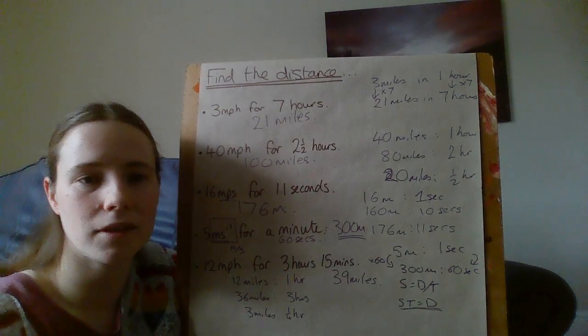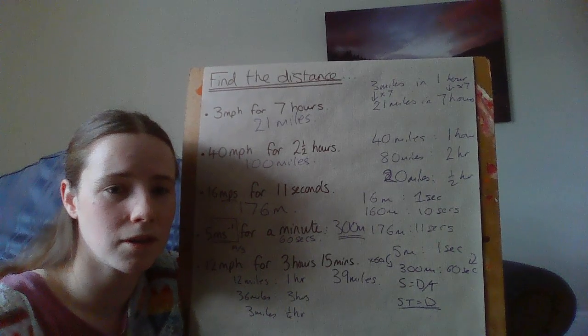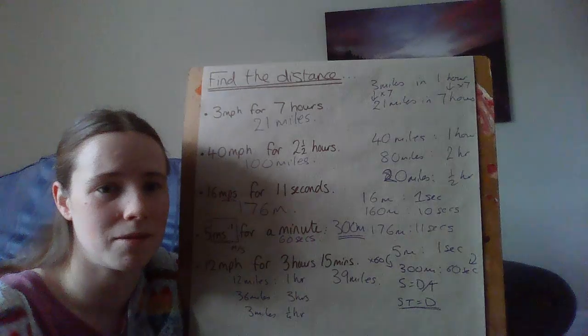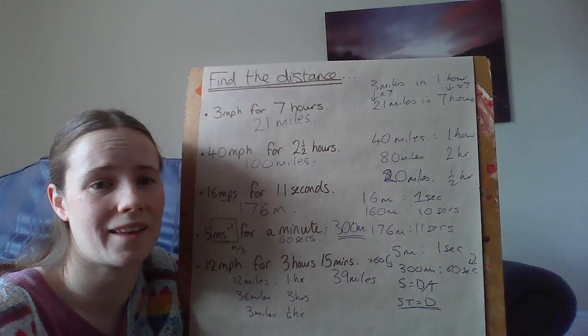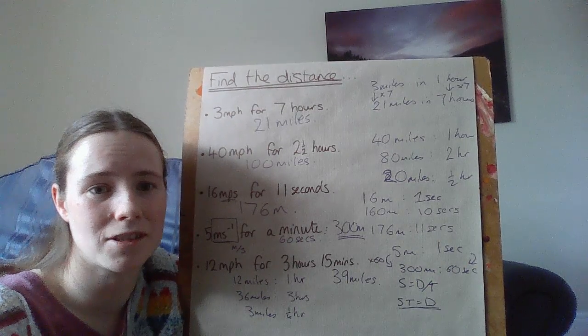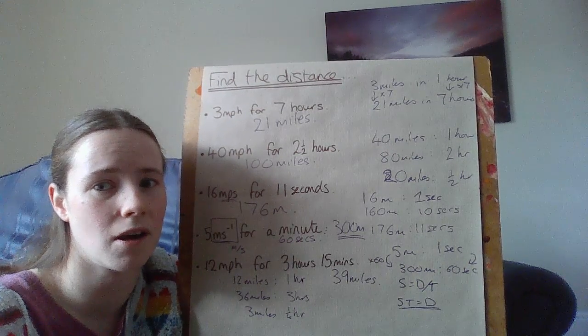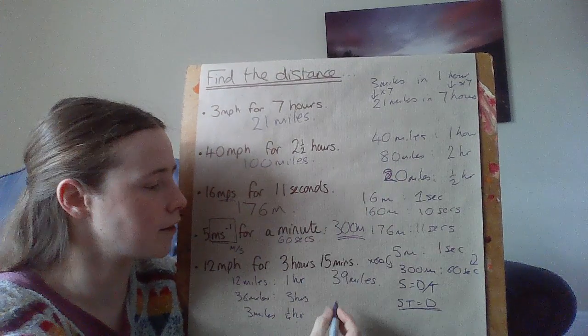Okay. The other thing that you might have seen before is the speed, distance, time triangle. I'll be perfectly honest with you. Some people love it. I don't really like it very much. And the reason for that is I've seen loads and loads of students get the letters in the wrong places in the triangle. And as soon as you do that, then you're not going to be able to do it. So personally, I would encourage you to either think about it like a ratio or do this. If you really like the triangle,